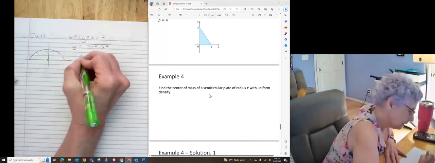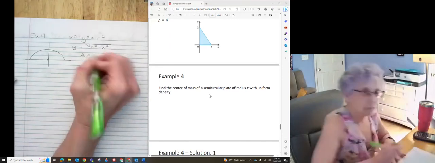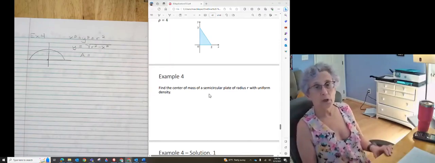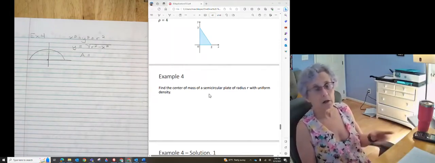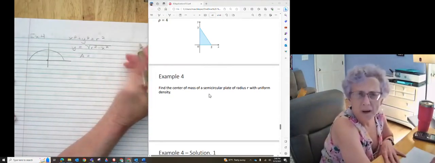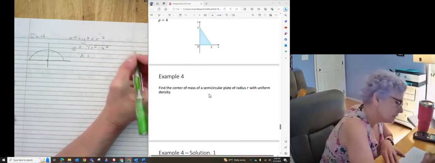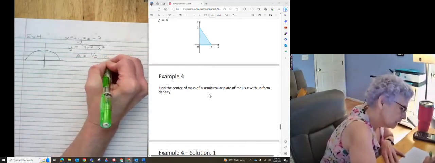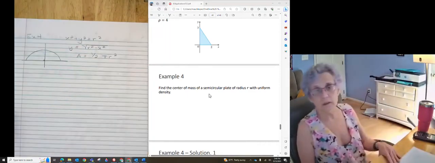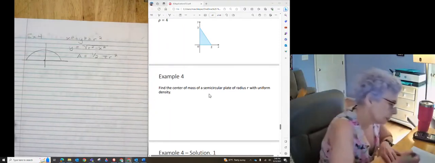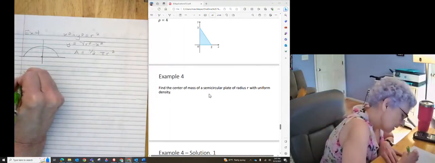So I need to know the area. Now you could do the integral from negative r to r of y, but why? Because we know what the area of a circle is. It's going to be 1/2 of pi r squared, because it's half the area of a circle with radius r. So